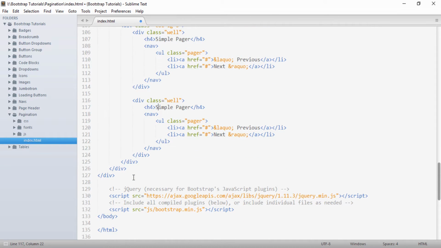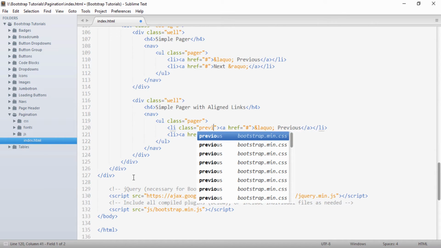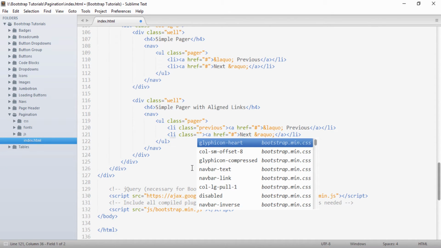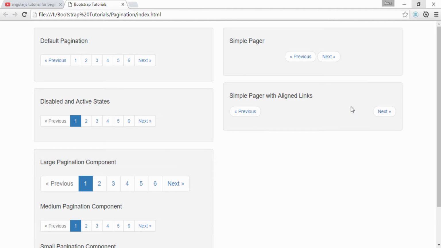I will give the heading as simple pager with aligned links. The only change I need to make here is to give the li a class as previous, and to the next list item I will provide a class of next. If I save it and go to the browser, you can see now they are aligned to left and right.